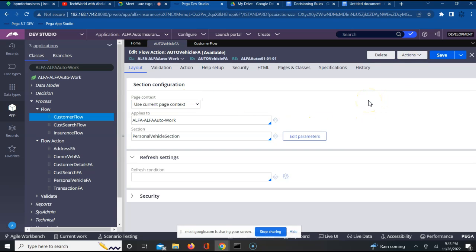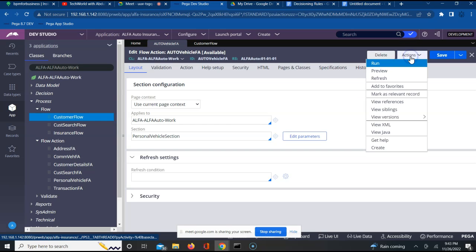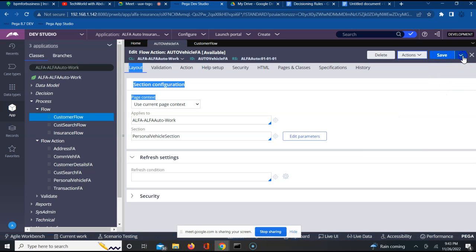This is my bike which I am going to use to drive every day. In case it rains, I want to use a car. To achieve that, if you just go to actions here, sorry, to Save As here, do we see something called specialize by circumstance? So all I have done here so far is created a flow action and referred the personal vehicle